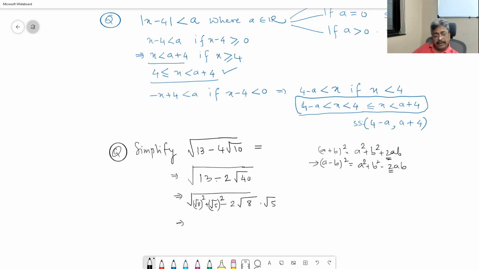Now it looks like a square, which we will write as, now we have two choices actually. Let me make both the choices available to you. (Root 8 minus root 5) squared, or (root 5 minus root 8) squared, under the radical. That is a perfect square, because if we keep ourselves inside the radical sign, both these answers are correct, because if we square them, we get this. If we simplify them, we get this. Further simplify, we get this. So all the steps are if and only if, but we are solving, therefore we are showing it as if-then.